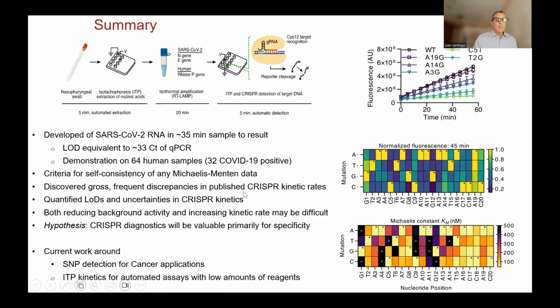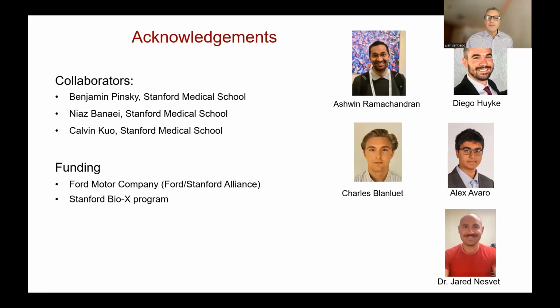So with that, I'd like to summarize. We developed an on-chip assay using this. We developed a set of criteria to check for self-consistency. We discovered gross and frequent discrepancies, basically a catastrophe in the CRISPR kinetics field and limits of detection that are being published. I want to especially thank Ashwin Ramachandran, who was the student working with me to identify this catastrophe